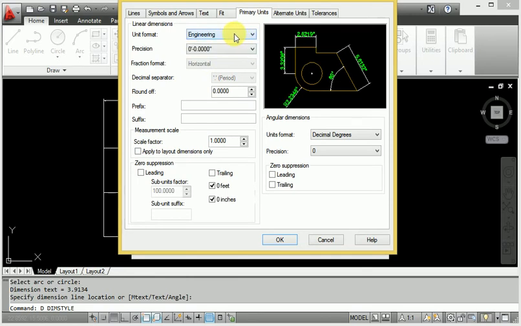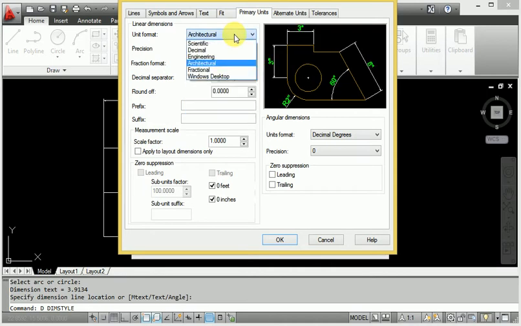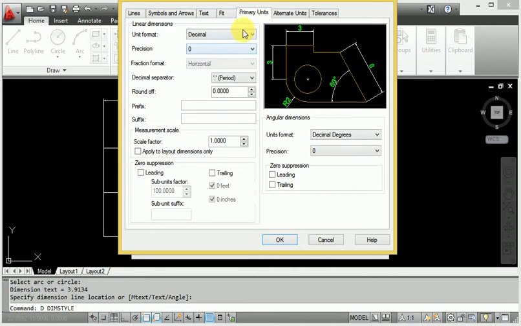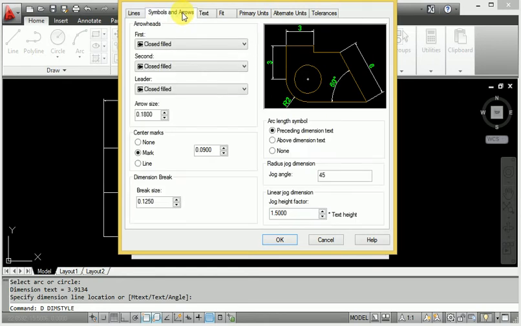If you click engineering, so inch and foot. Whatever you want, architecture form, so when you go to architecture, our precision is going to be 0 here right now when you apply the decimal and OK. Then after go to here, and again I will use from the text right now.